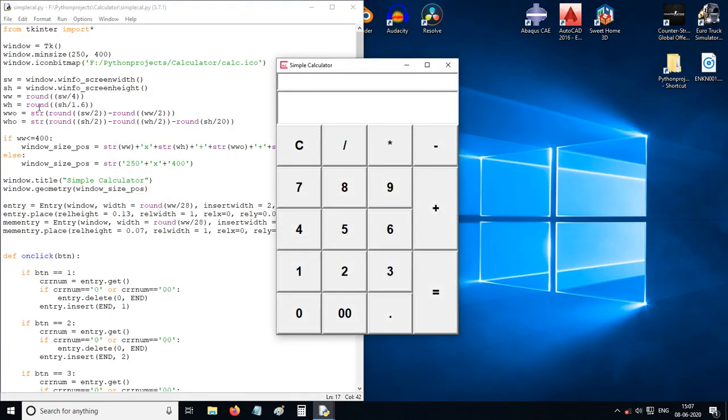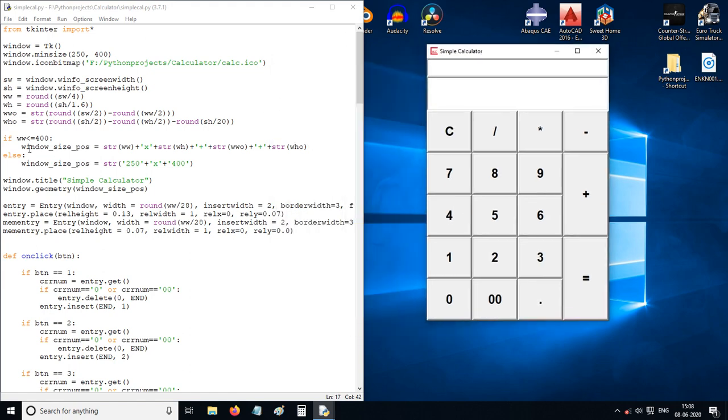Then this WWO is the width offset and the height offset, like the positioning of the calculator. If the window width, like the monitor width, is less than 400, this is the method to determine the size, or else this one.